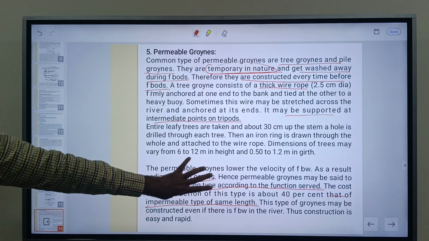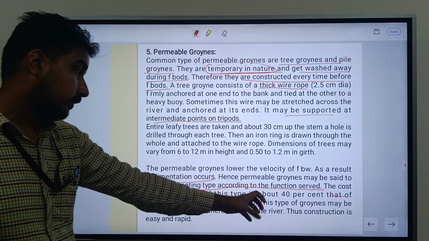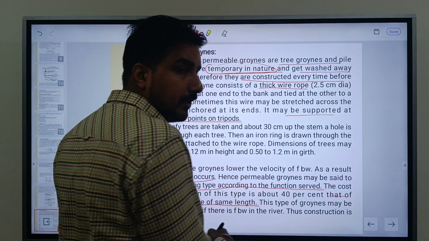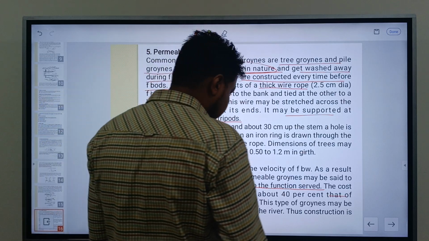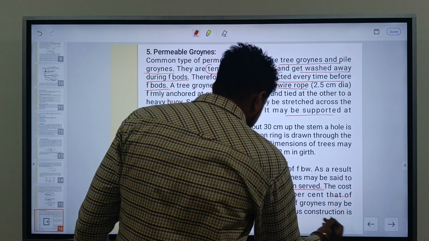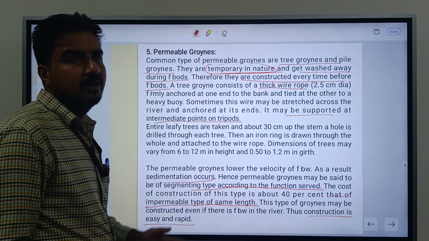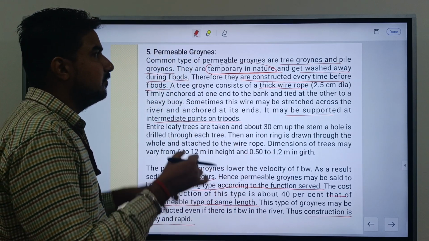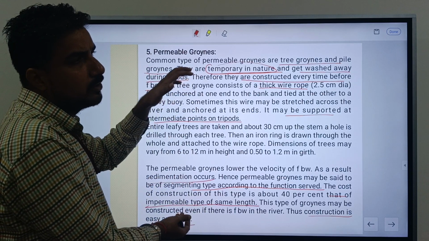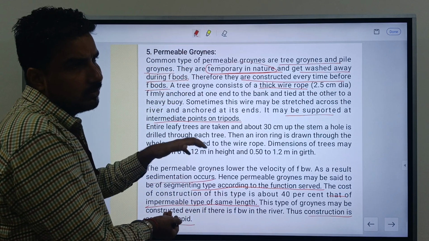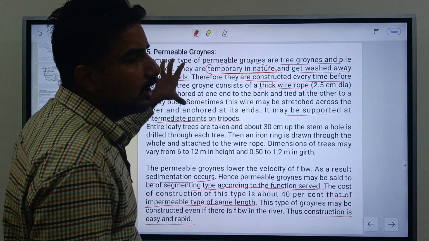Means the variation in the construction cost is about 40% as compared to the impermeable groynes. The construction is very easy and rapid. They can easily construct it rapidly, in a fast manner. We don't have so much time, and we have to construct for a particular time duration to complete our work. We have to select